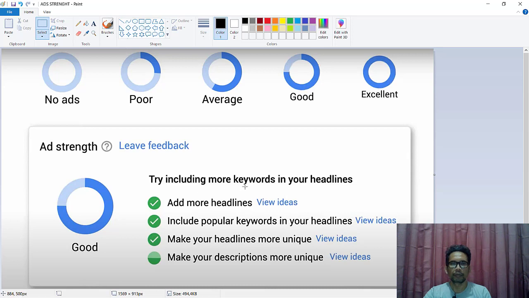Try including more keywords in your headline. You will see one of the 5 different ad strength ratings when you work on your responsive search ad. Along with this rating, you will see action items in the following area to help improve the effectiveness of your ad.